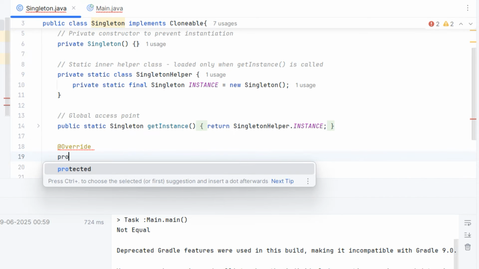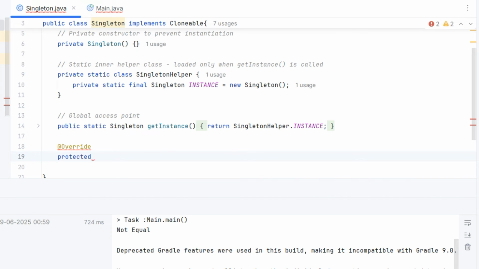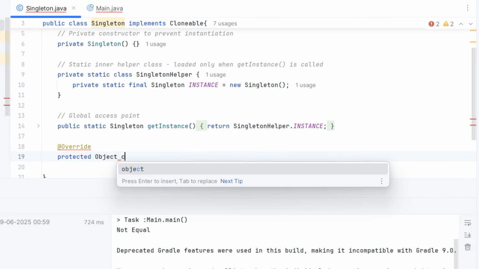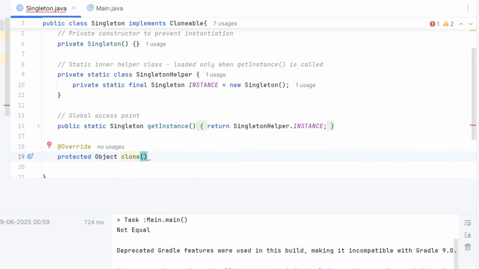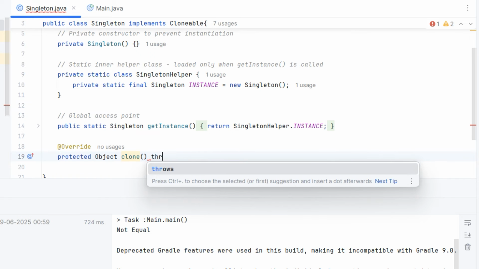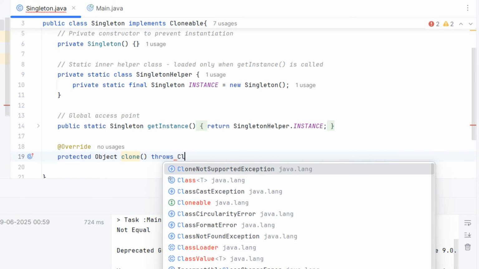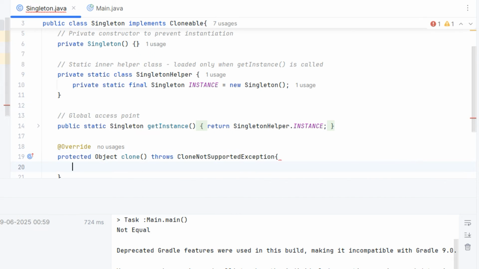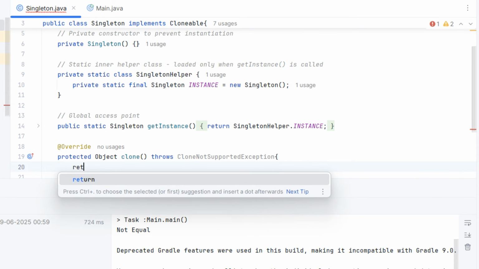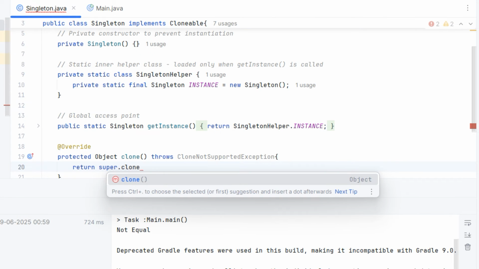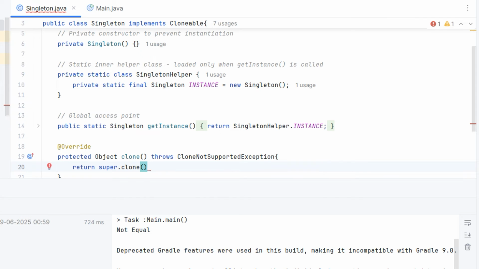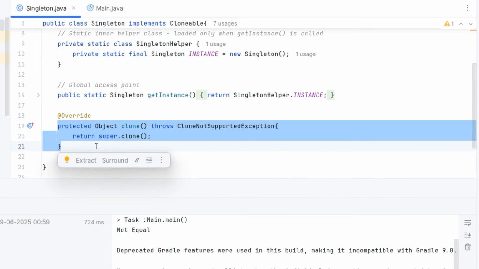So basically we have to say protected Object clone, which throws CloneNotSupportedException. And in this, suppose you are saying return super.clone, which is the default clone method provided by Object. Now, if you are overriding this clone method like this, in this case,